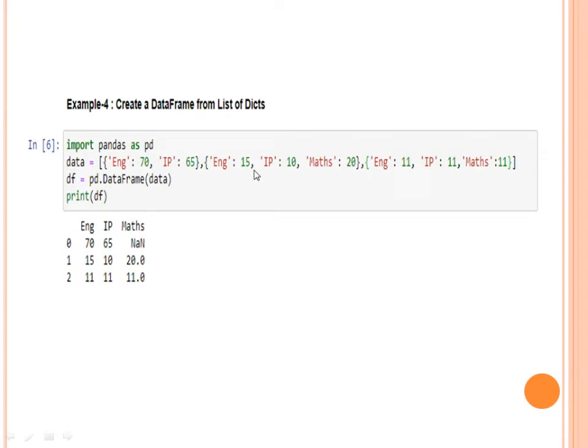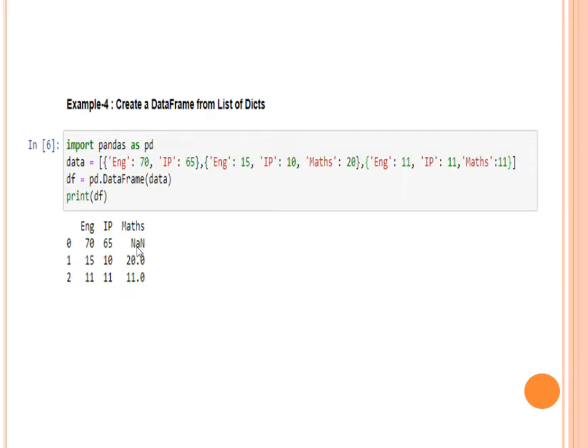Second dictionary values are English, IP, maths. Third dictionary values are English, IP, maths. So when I insert pd.DataFrame(data), it shows the data like this, and one is the NaN value. Clear? So with the help of so many dictionaries that can be enclosed in the list, we create a data frame.